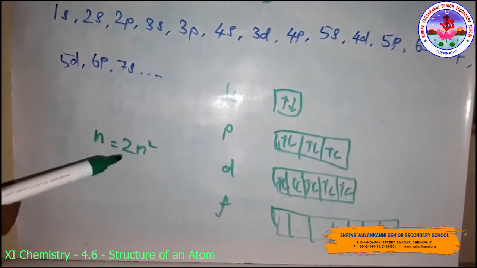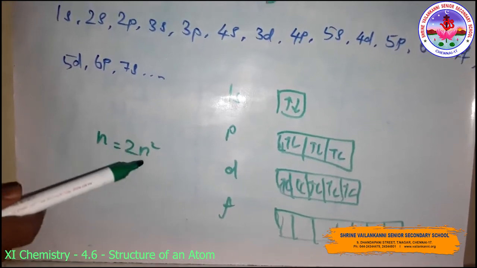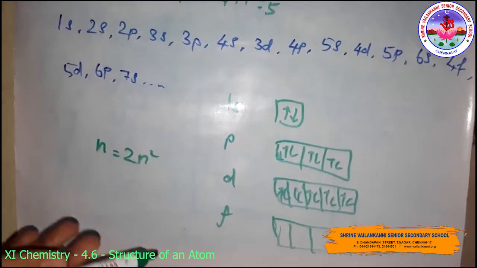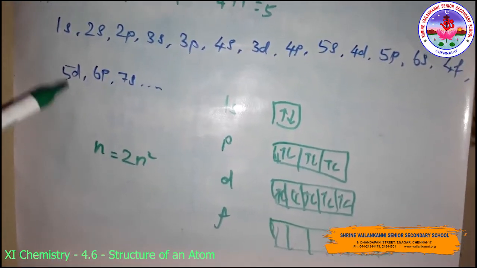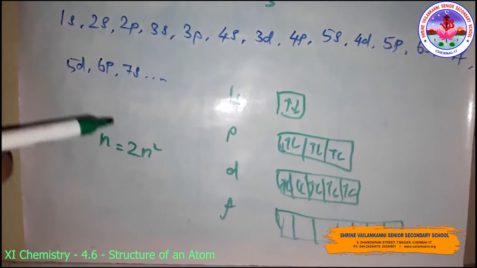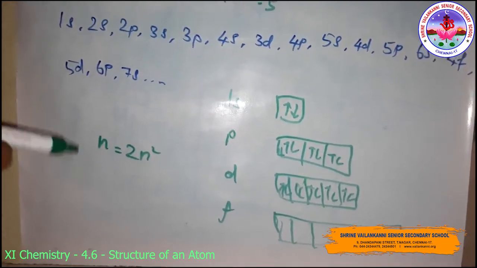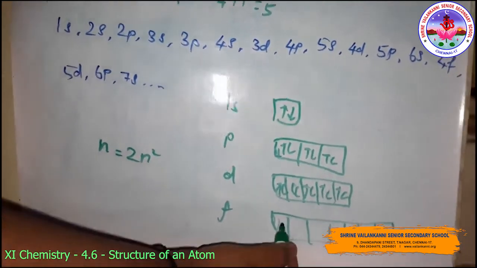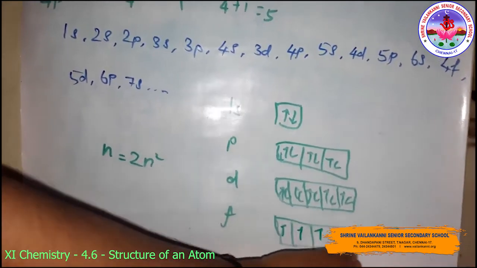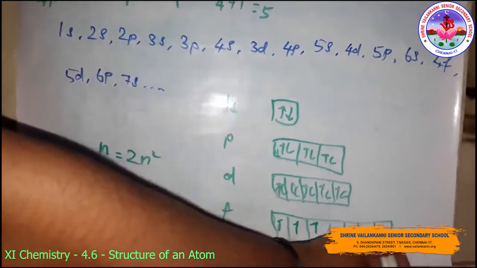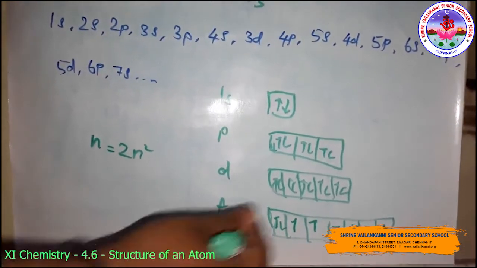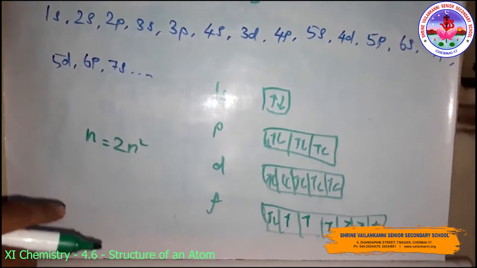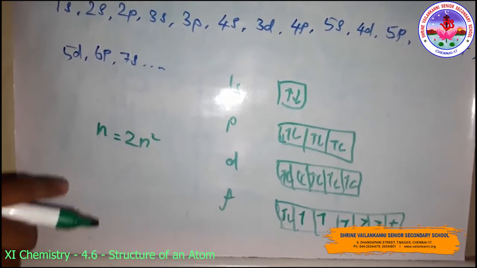The statement of Hund's rule is: pairing of electrons in the orbitals belonging to the same subshell, that is p, d or f, does not take place until each orbital belonging to that subshell has got 1 electron each, that is, it's singly occupied. So like this, first singly filling like this, then pairing up like this. Since there are 3 p orbitals, 5 d and 7 f orbitals, therefore